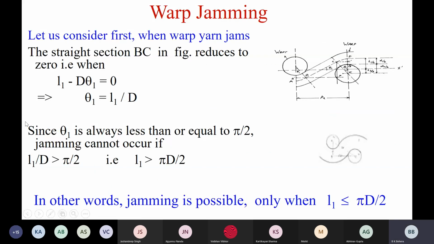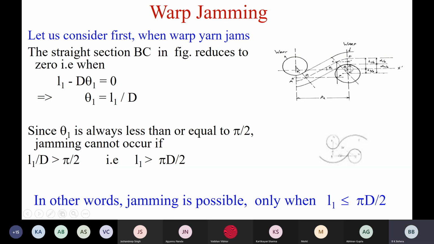So look here. There is a possibility that this warp will make a gap over the weft because it is bending. When it bends, not necessarily will this touch, because in this case it is touching not at one point, but over a distance. And why is it touching over a distance?